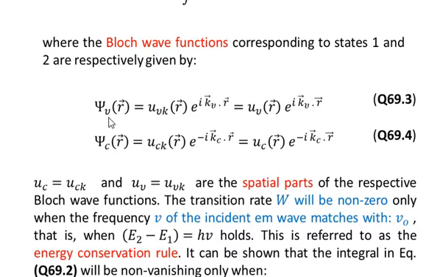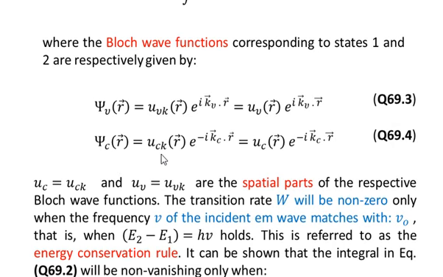So we have psi v as a function of r is equal to u v k as a function of r multiplied by e to the power iota k v dot r. And here you can simply represent u v k simply by uv. So we have simplified this as uv as a function of r multiplied by e to the power iota kv dot r. And for the second equation, that is for the conduction band, we have written psi c as